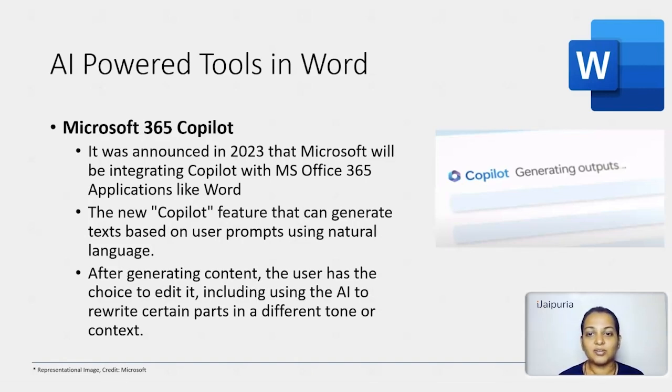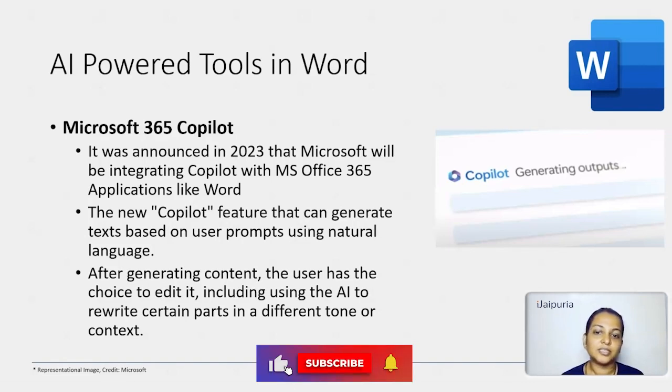So, based on whatever exactly I'm trying to prompt it to use. So with the help of natural language processing, it is actually going to try to understand what I am trying to ask from it. So say for example, I want to generate a report, I want to generate some content, I can actually generate it with the help of Copilot, and Copilot will actually give the data to me and I can then choose to use it, edit it, style it, do whatever I want to do with it.